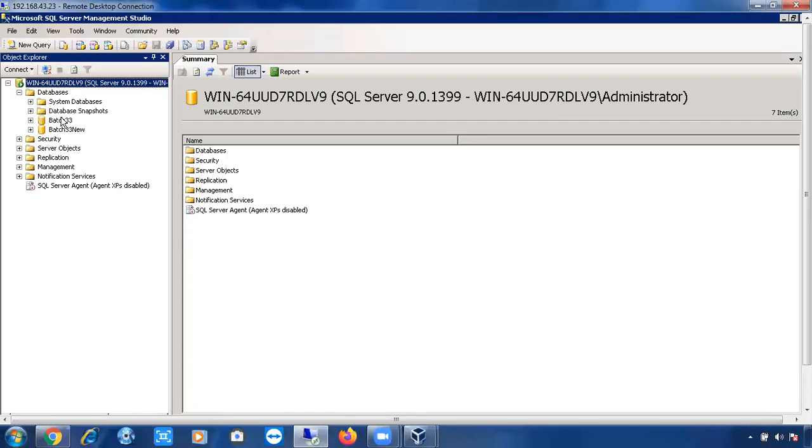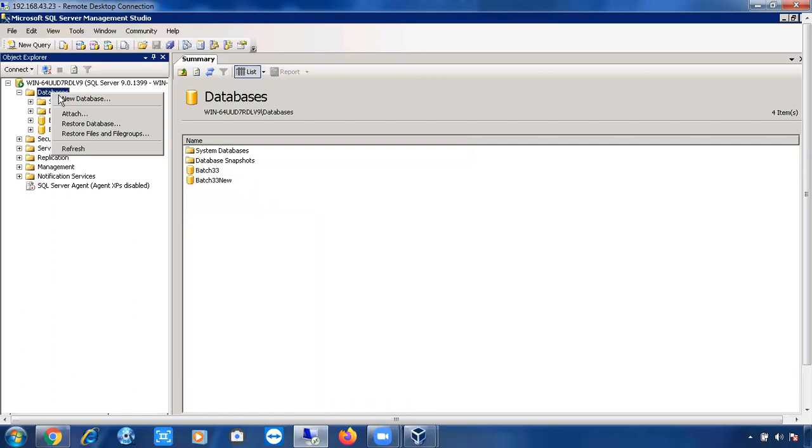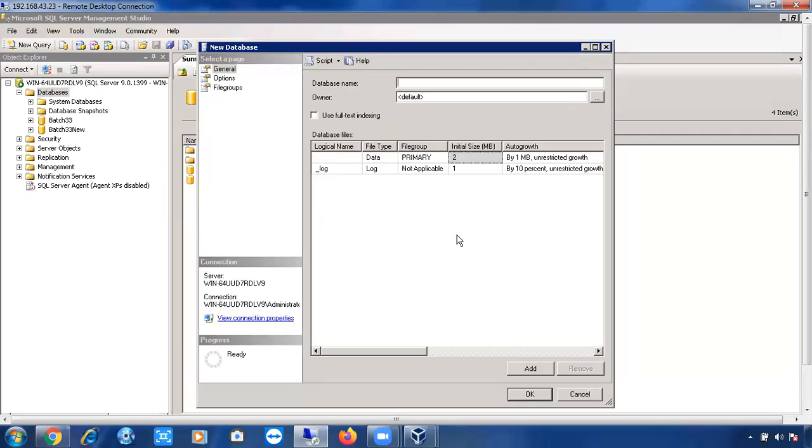So this is how we have to create the database. If you want to create the database in GUI mode, you can right click on Databases and click New Database. You can give the database name. Database is a collection of data file and log files, so once you type the database name, a data file and a log file will be added.